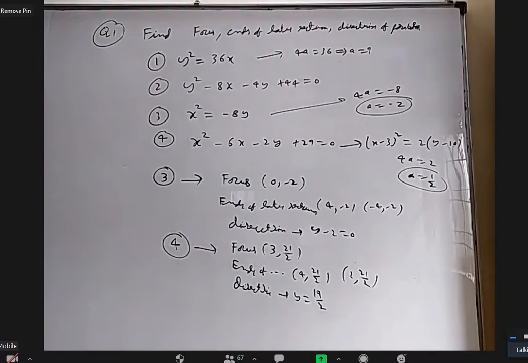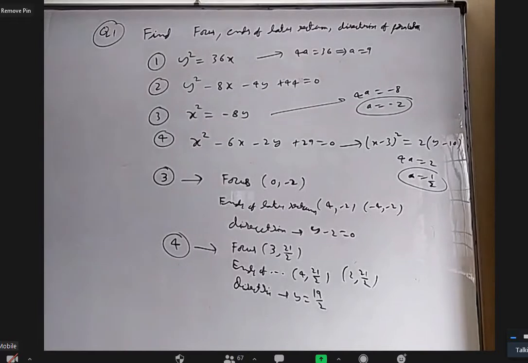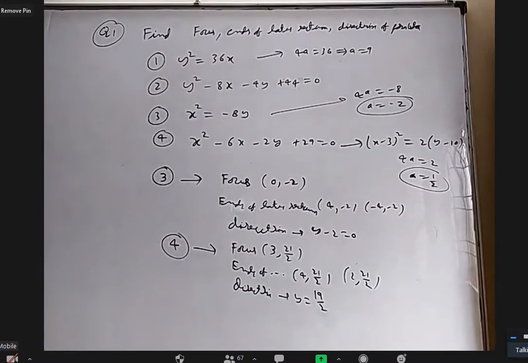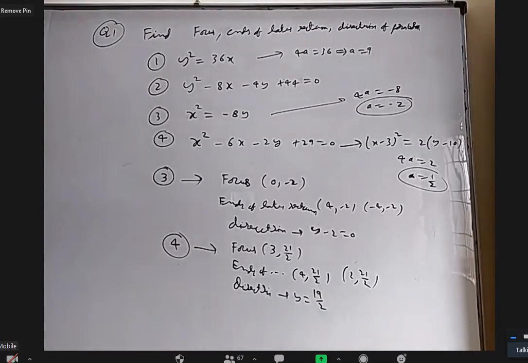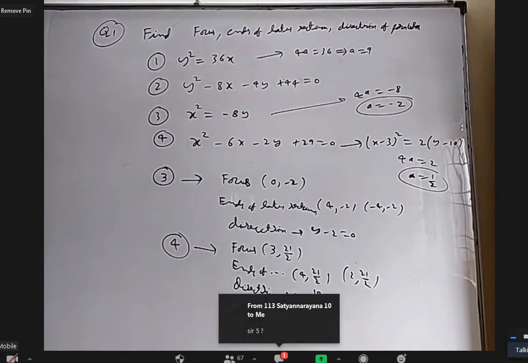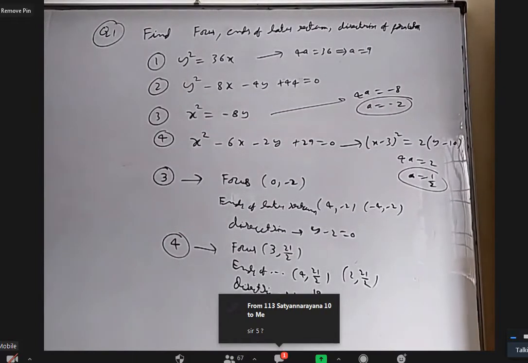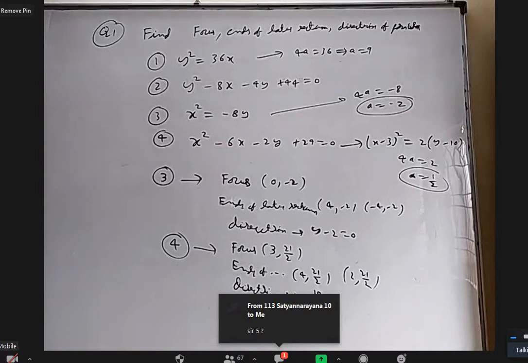Okay, anybody want to give an explanation why per circle I should know 3 points in a plane so that there will be a unique circle? Because another circle cannot intersect a circle at 3 points. What? Another circle cannot intersect that circle at 3 points. Okay, that's the unique circle you want to say.